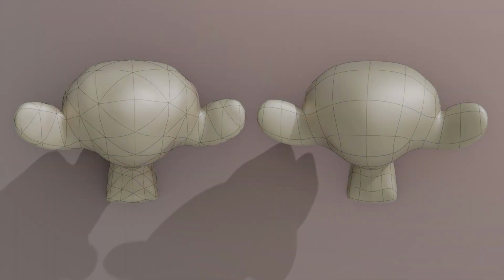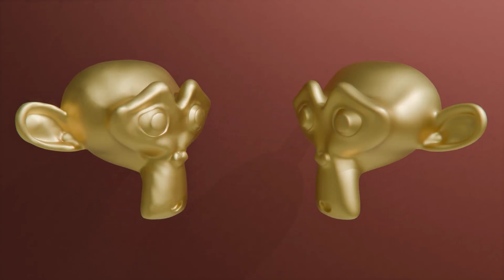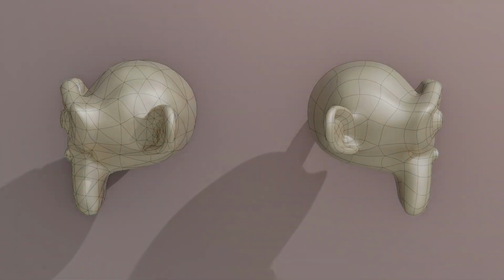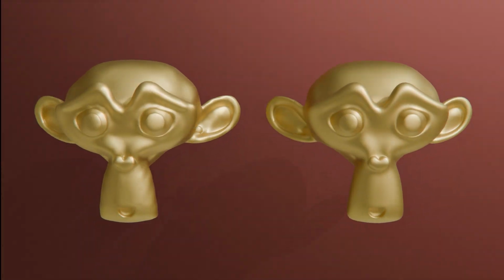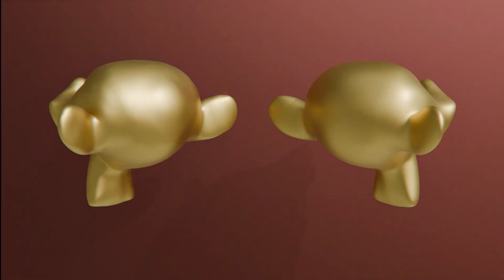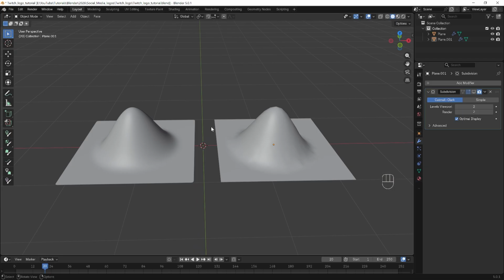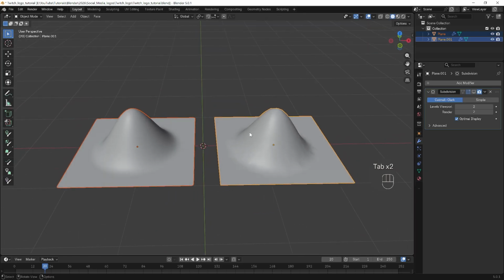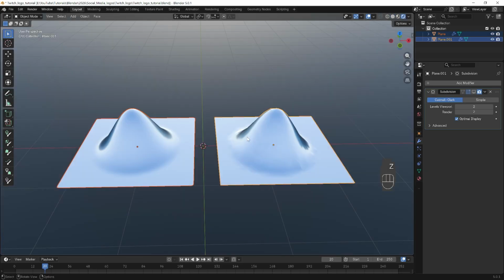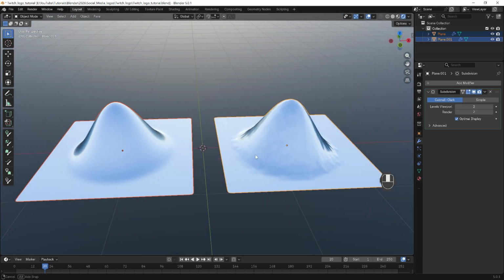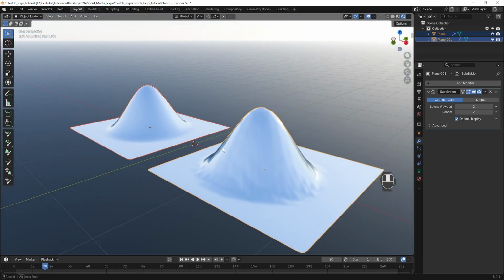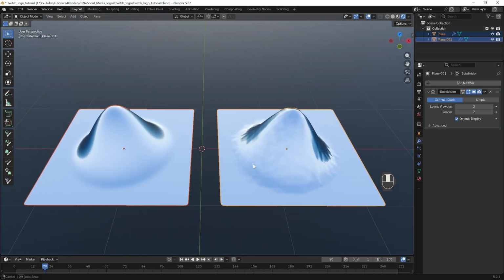So why and when should you take the time to give your logos good quad topology? Triangle-shaped faces can lead to issues such as shading artifacts and difficulties in UV mapping, as triangles can create uneven surface normals. Take for example these two planes. The face with the triangles has some clear artifacts around the edge, and it's even more visible when we turn on a metallic shader. If we add some more geometry with a subdivision surface modifier, it actually makes the problem more pronounced, causing more stretching and artifacts.